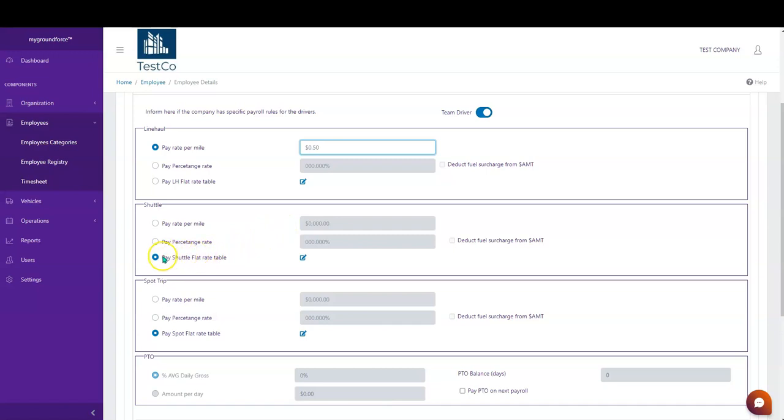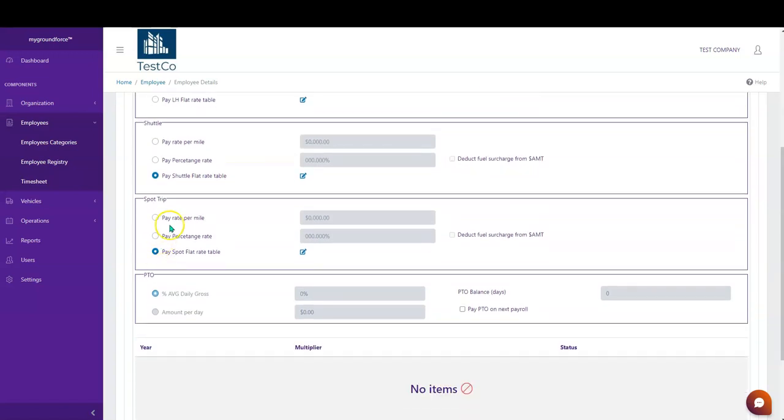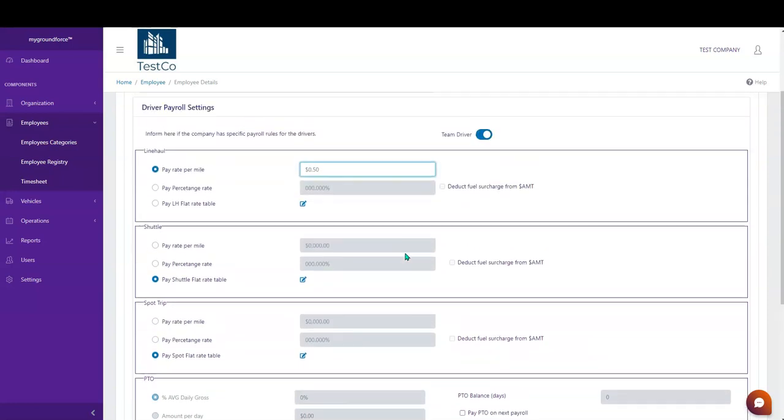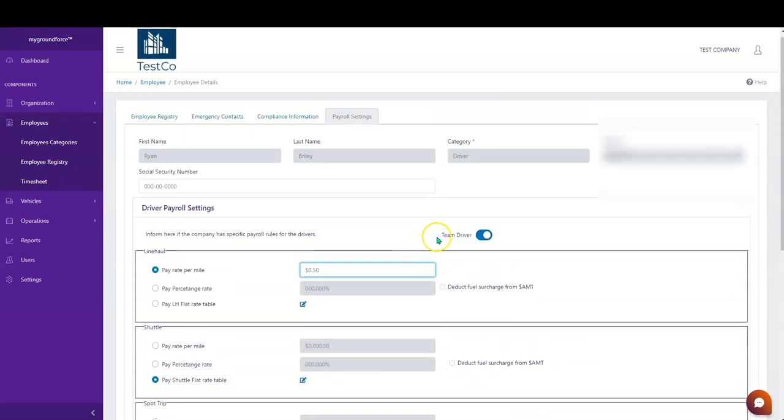And in case I want to use a flat rate table, the one that I have registered previously under settings, I'm gonna select this option here. I'm gonna pay the driver the spot in case I'm gonna pay differently, or in case I'm gonna use the flat rate table that we have on settings. PTO here, like I've said, is merely informative. Okay. Now,